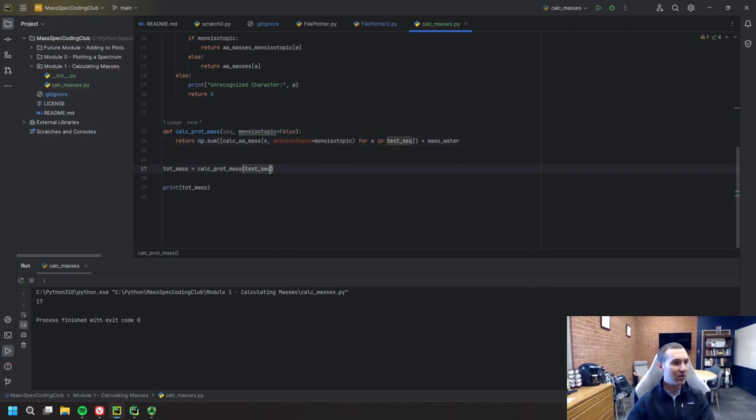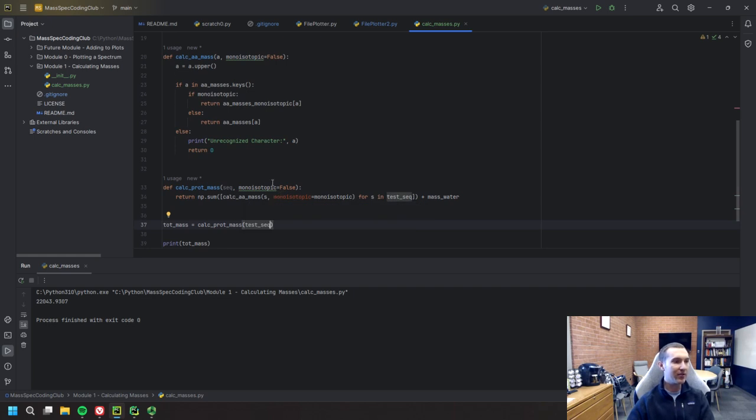So basically now we can say monoisotopic equals false, equals either, if we say false here and run it, it's going to return the same value, right? Because it's basically passing this variable down. So if we don't have anything here, we just take it out, it's also going to return the average because we've told it all along that the default is false. If we go back, let's change this to true. You can now see we're getting a slightly different value because it's printing out the monoisotopic mass rather than the